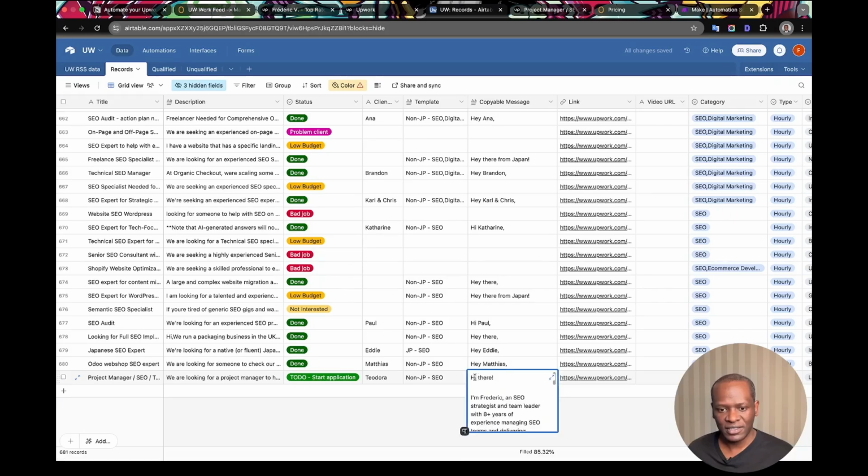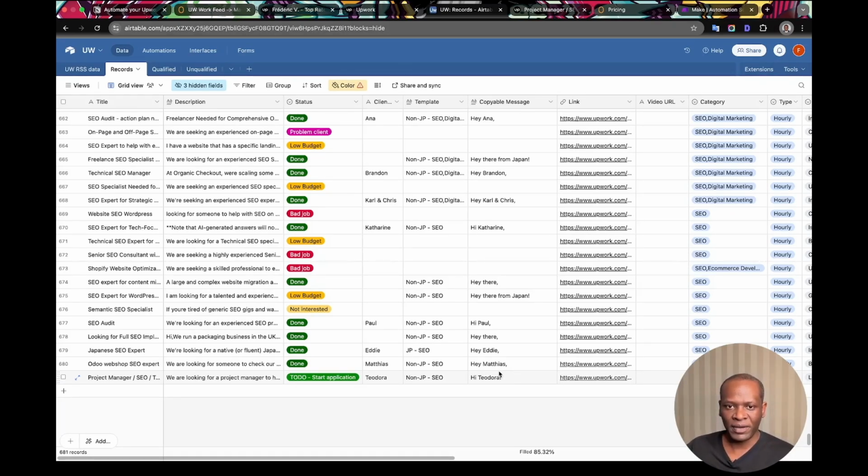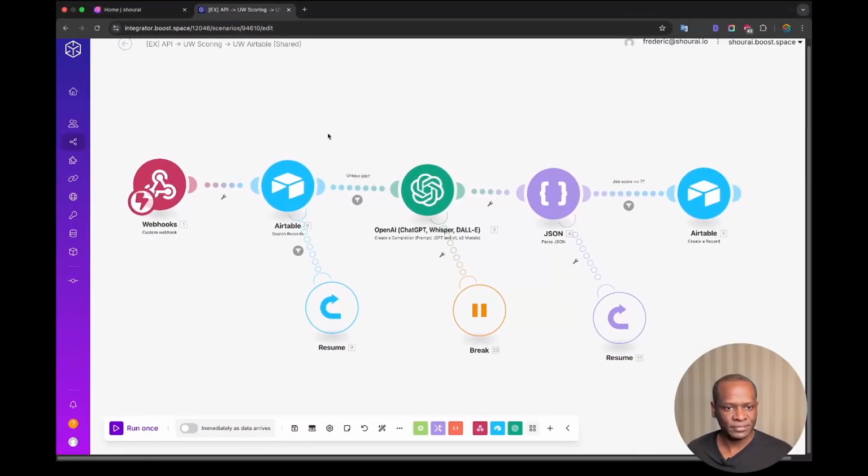And then this Theodora should be picked up in this copyable message. Now, what is actually happening here in the copyable message, and why I'm doing it like this, is that let's not assume there is any information in the template and copyable message, because at the beginning it's empty. So the reason why I add client name is that once I set it to do and start application, it's going to get picked up by another automation,